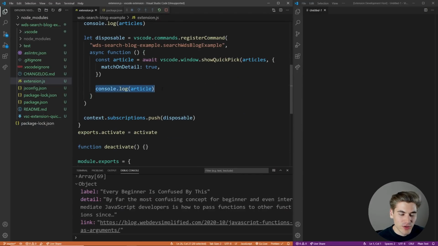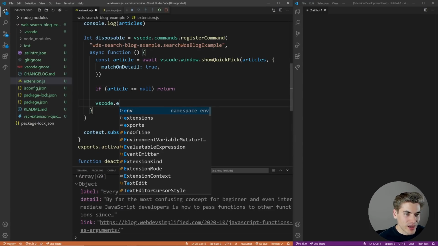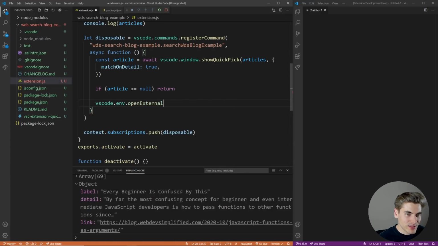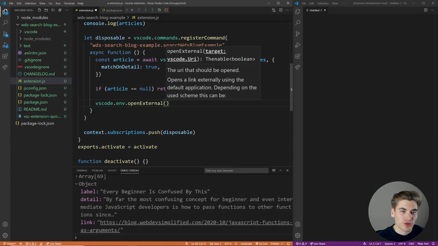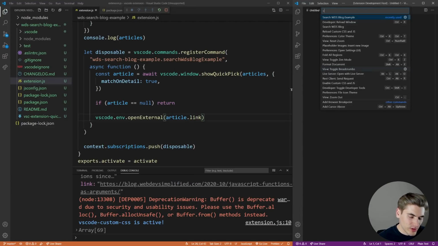And that is what we're going to do here instead of logging out the article. The first thing I want to do is just make sure they selected an article. So if they didn't select an article, we're just going to exit out immediately. But if they did select an article, we need to use vscode.env.openExternal. This allows us to open an external URL. So inside of here, all we need to do is just say article.link and save that,